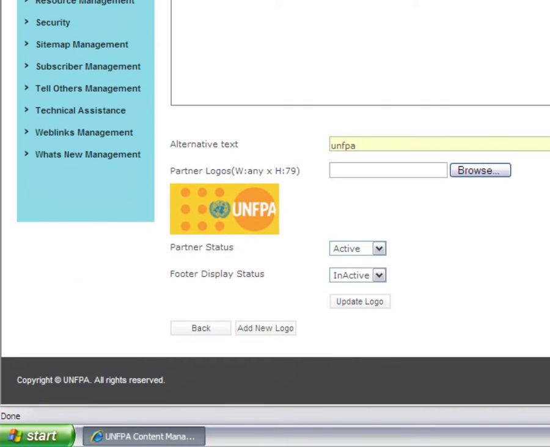We've already uploaded a logo because we're actually just editing one, but you have the option here to click browse, go to your desktop, find the image you wanted to upload, and it will tell you, by the way, that the logo that you're uploading can be any width and the height must be 79 pixels. Okay, and it will size it accordingly for the site. Going on, the status of this partner is active, meaning it's being shown on the website, and footer display status